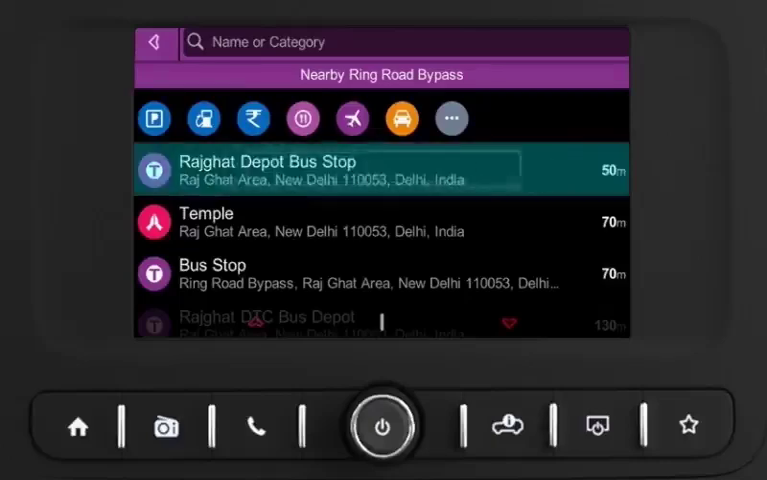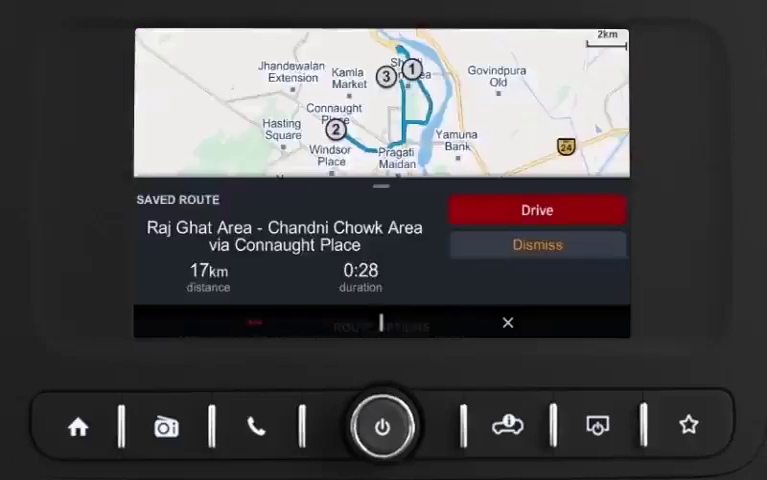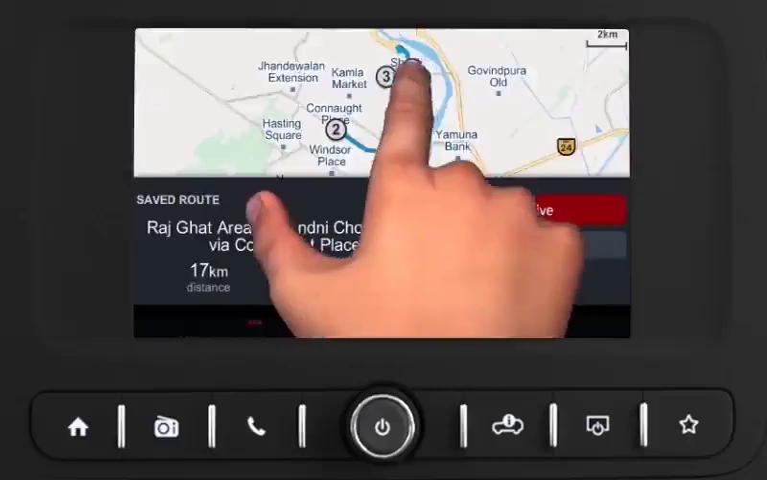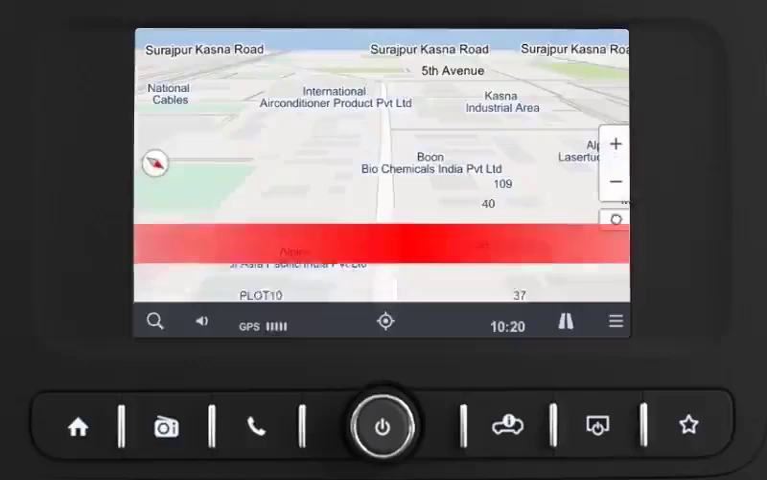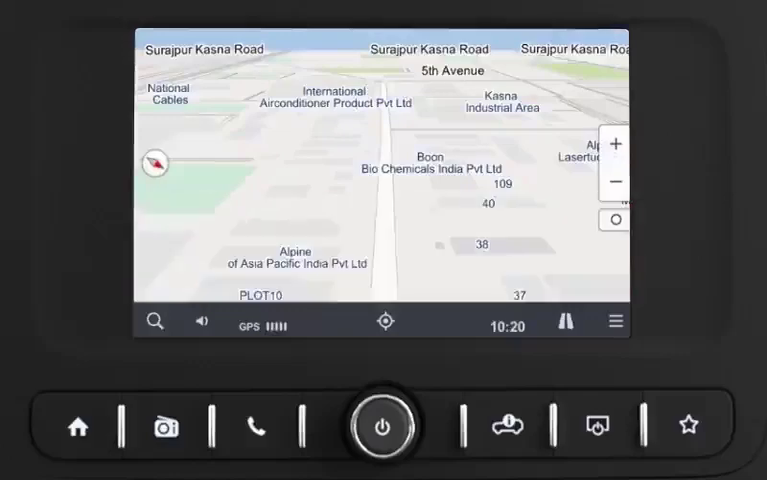Select the desired POI from the list. This will show the POI with the distance from the current location. To find the nearest POI from the selected place, touch the place in the map screen. Select Nearby option. My Places. To add the selected place as a My Place,